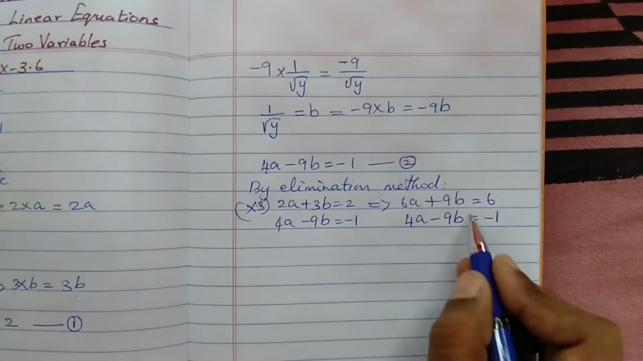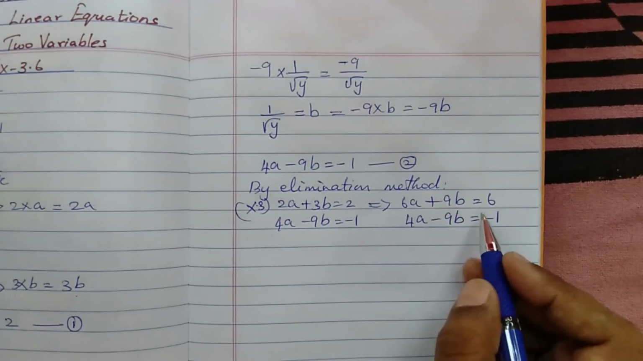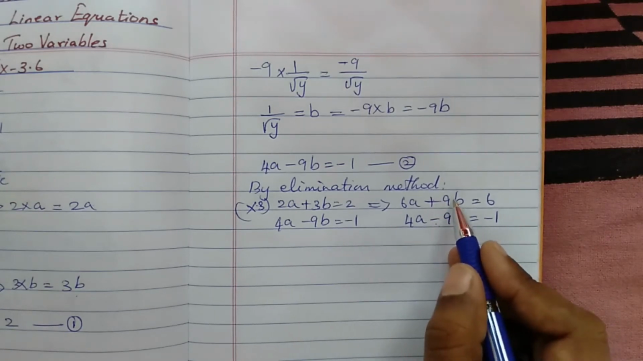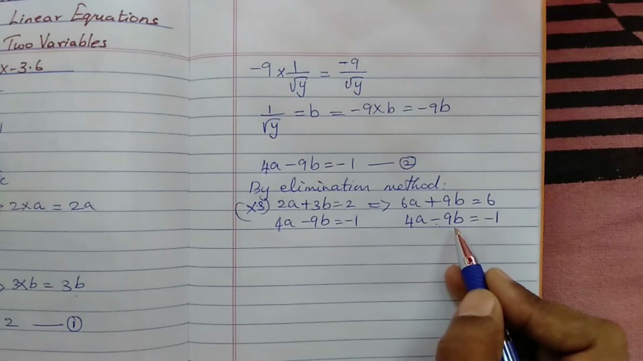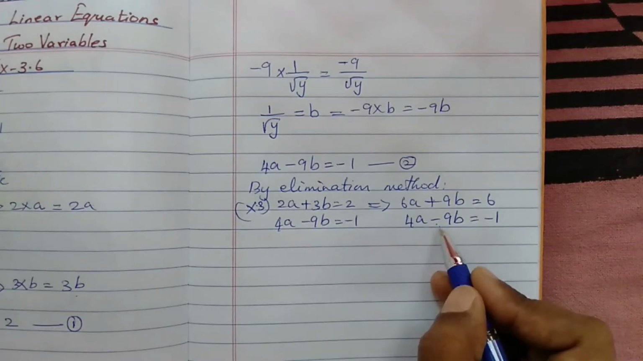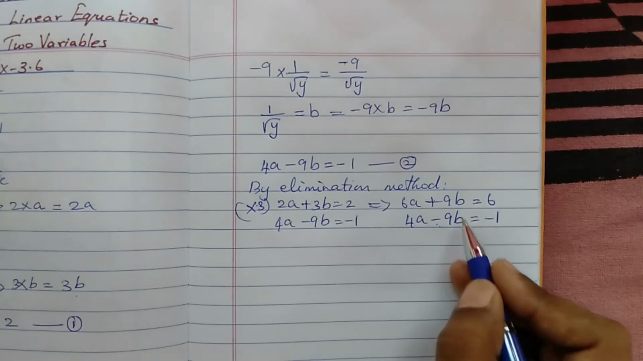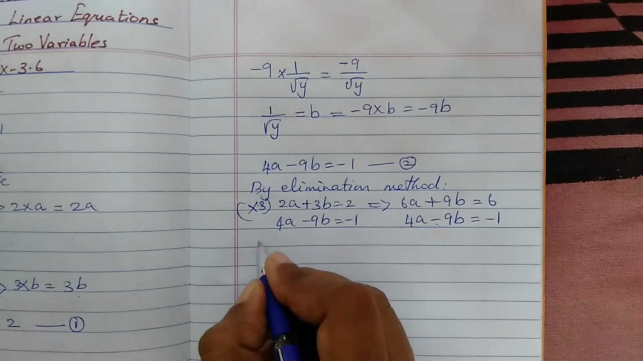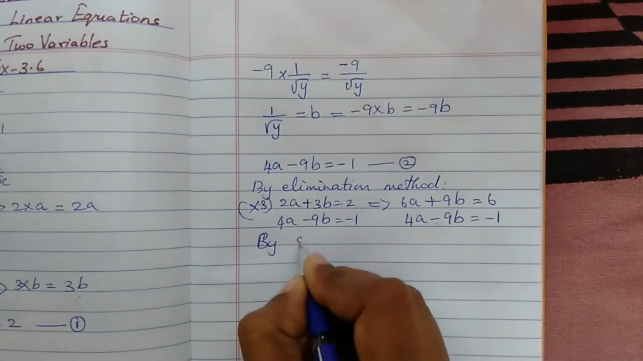Now we need to add these equations, because it already has a plus and minus sign. So plus and minus is minus, so 9b minus 9b is 0. So we need not subtract these equations. If you subtract, then this will become plus 9b, and then you won't be able to cancel it. So let's subtract it. So by subtracting